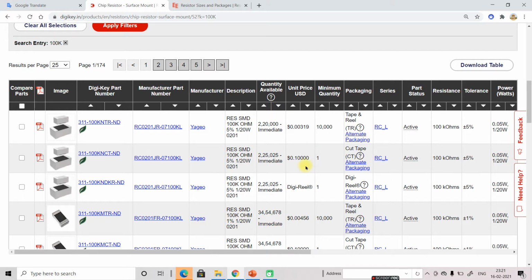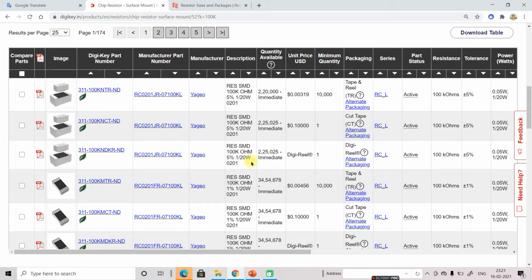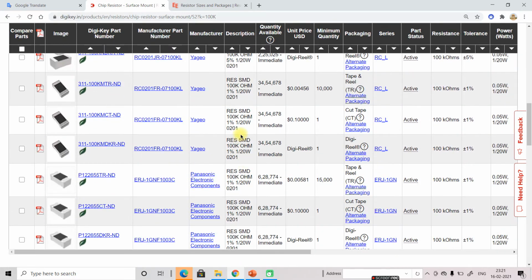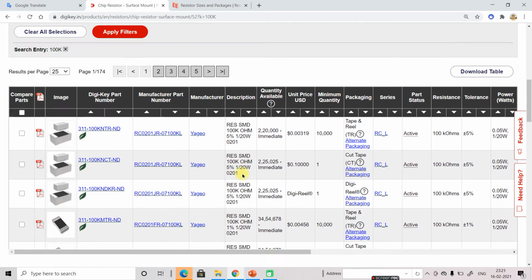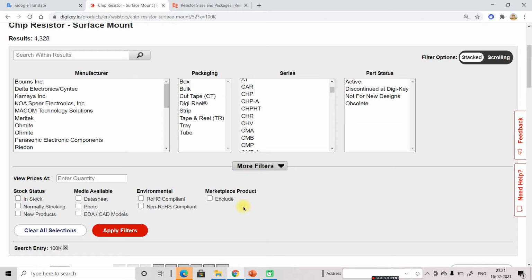We want a special manufacturer, we want a wattage according to our application, we want package 0603 or 0805, but it is showing 0201. We don't want this, and tolerance we want 1% or 10%, it is showing 5%, and it is also showing the mix, but we want a special. Then we will have to select here.